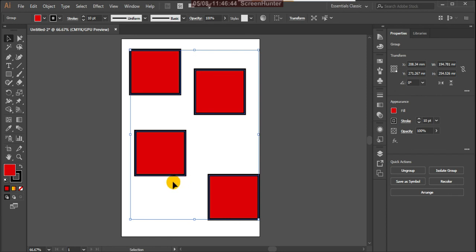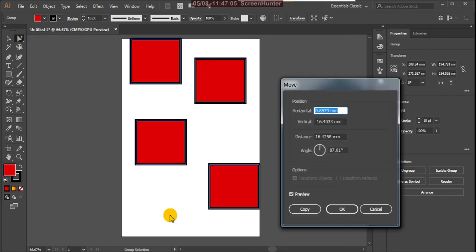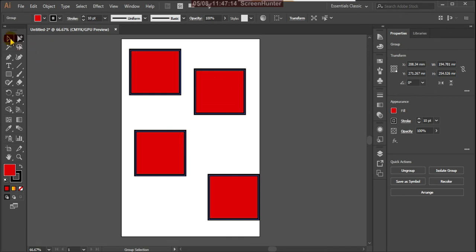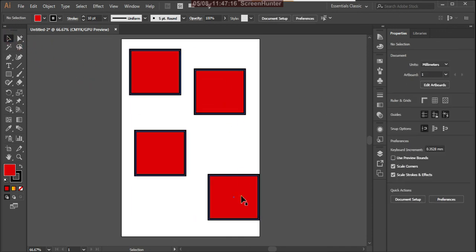But you want to move one particular thing from the group, then you can apply this Group Selection tool. So this is very helpful. You can double click on that tool, and the same options are available. These are very helpful. Make it cancel, remove them.